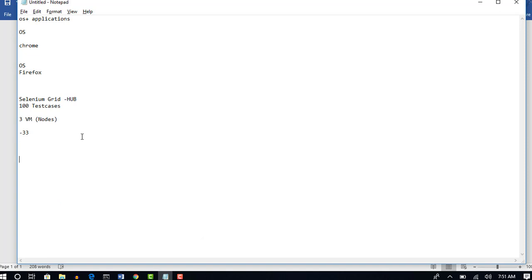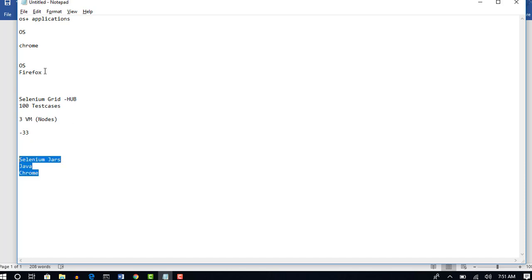To run Selenium test cases in a container, I need Selenium jars, it should support Java, and it should have a Chrome browser to run. All right, so these are the dependencies I need.